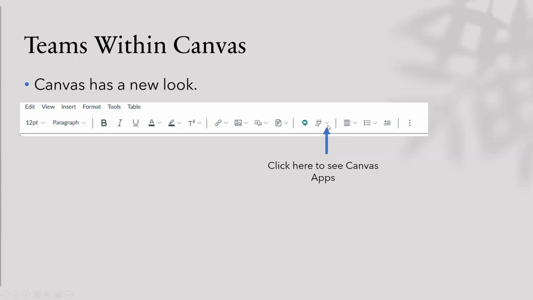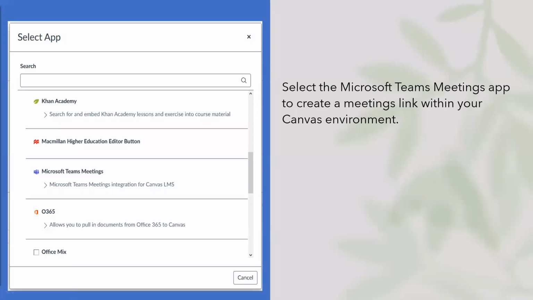When you click on the drop down for the apps feature, it will show you all of the apps that are a part of Canvas that you can use. Once you click on the drop down, it will allow you to select the app that you want to use. So if we wanted to create a Teams meeting for our students within Canvas, we would click on that drop down and select Microsoft Teams meeting. And I will demonstrate how to do all of this. Once you select the meeting,